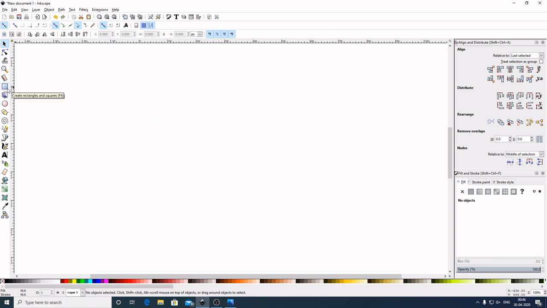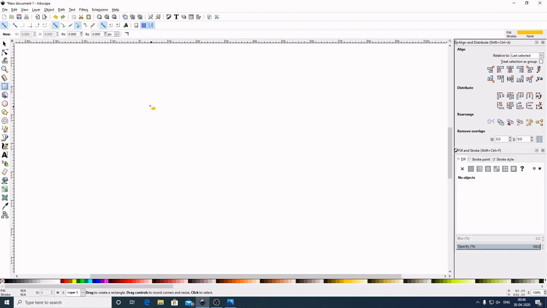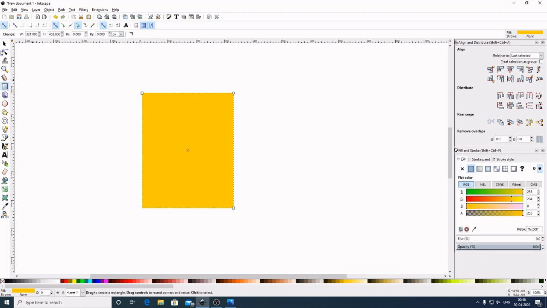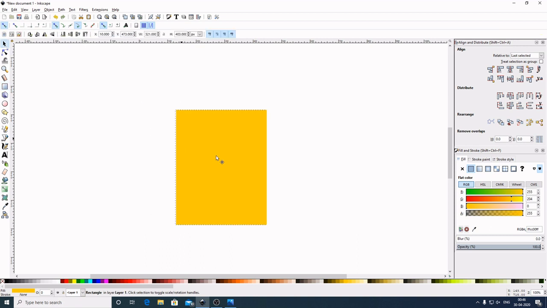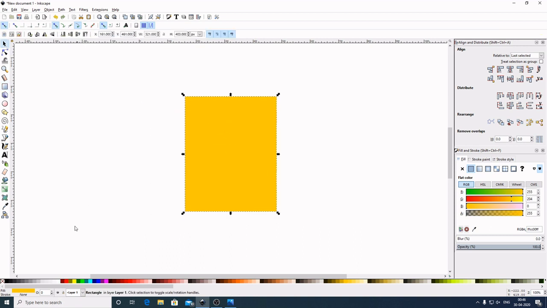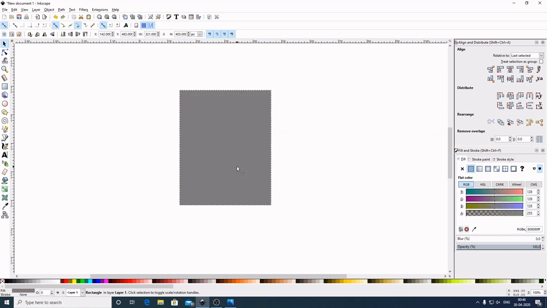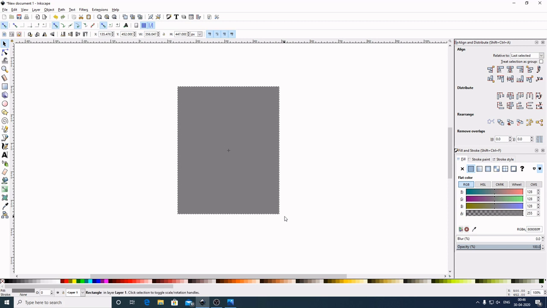To create a rectangle, select this, Create Rectangles and Squares, and I will draw a rectangle. This much is better. Select this one. Now bring this here, middle. I will change the color. Let's give this one 50% gray. Let's make it a little bit bigger. By holding Ctrl and Shift on the keyboard, I will drag this outward to make it bigger.